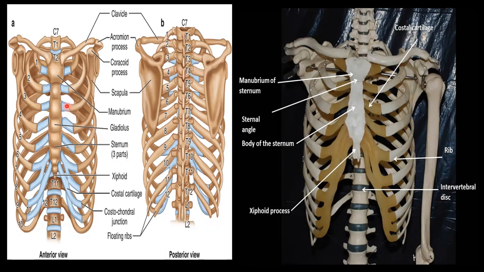It has two ends, an upper end and a lower end, and we have lateral borders. The body is somewhat flat, directed upwards and forwards. Here we can see some transverse ridges. These ridges basically indicate